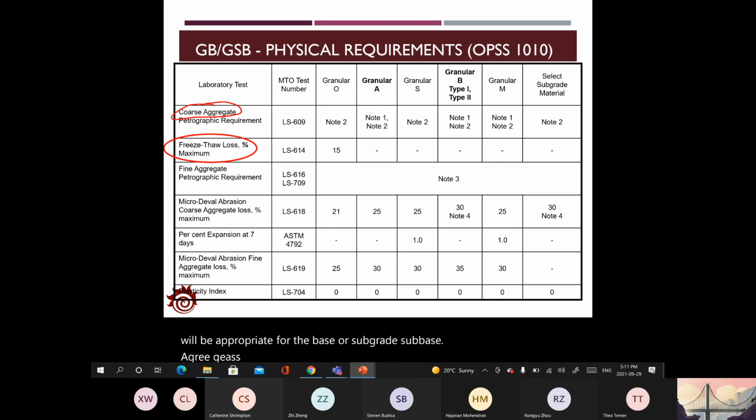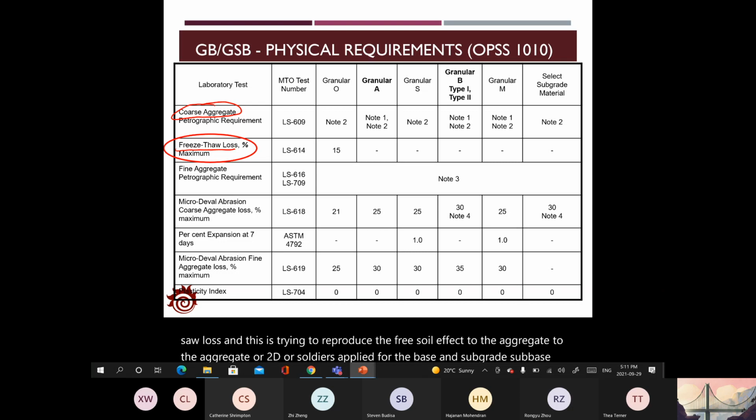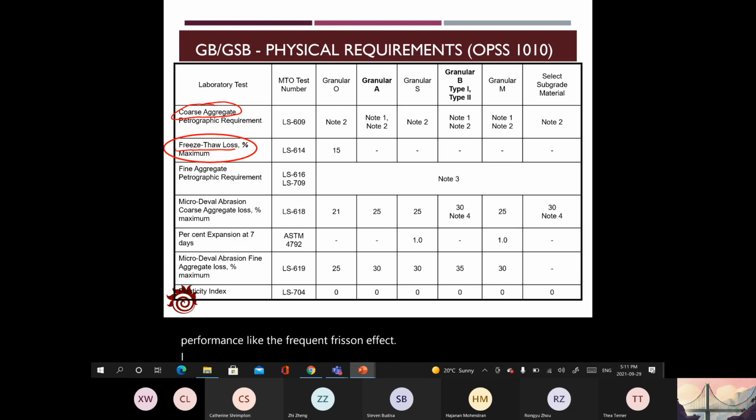The second one we have to consider is called the freeze-thaw loss, and this is trying to reproduce the freeze-thaw effect on the aggregates or the soils applied for the base and the subbase layers. In the lab, it would be very hard for us to evaluate this kind of performance, like the frequent freeze-thaw effect. Instead, we will use one test, called the sulfate soundness test, to evaluate the freeze-thaw